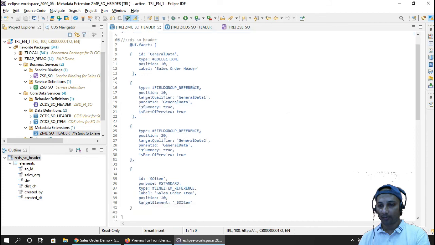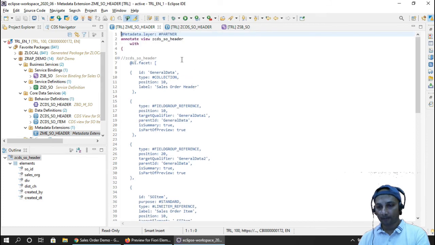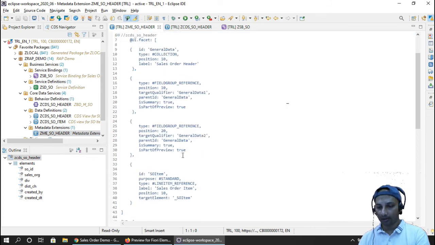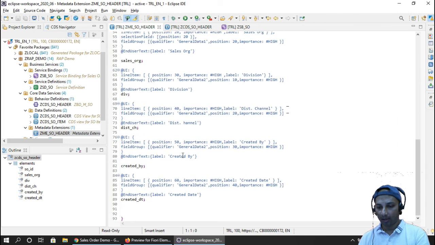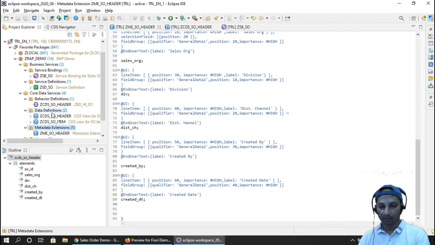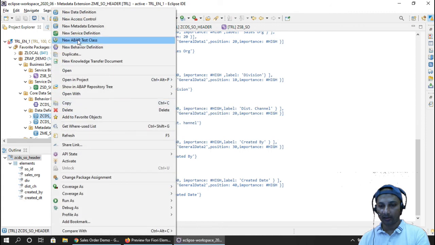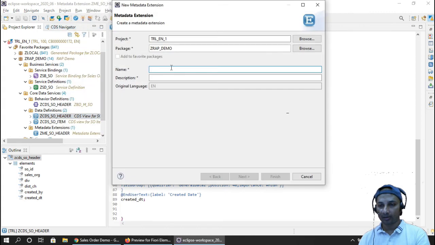So let's say this is my metadata extension with the partner as a priority, right? Let's do a little more where we'll hide, let's say, created date and created by. So for that, on the same CDS, right click, new metadata extension, we put the name with underscore C, because the highest priority of partner is customer, right?